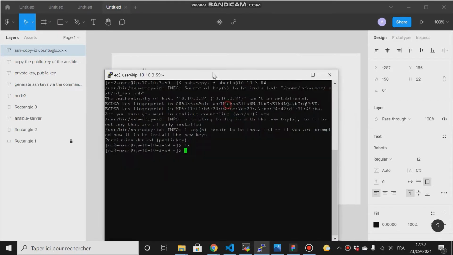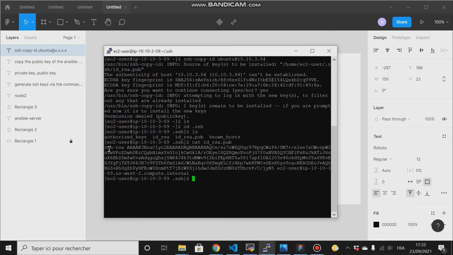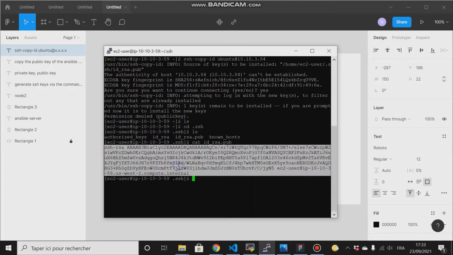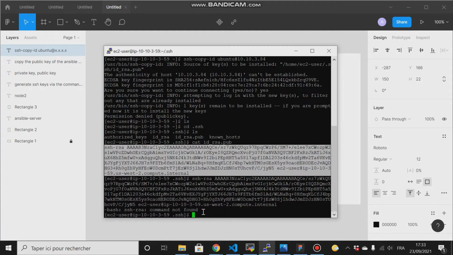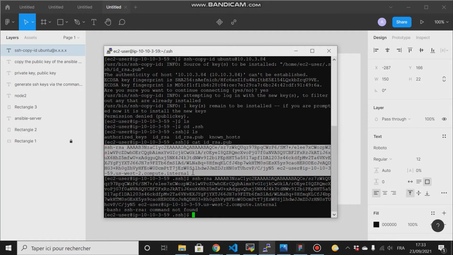If you want to do it manually, you can just cd into .ssh, right? Then you can cat the id_rsa.pub, and then copy this one, right? You have to copy it here,